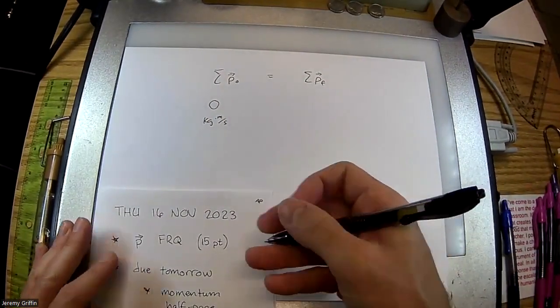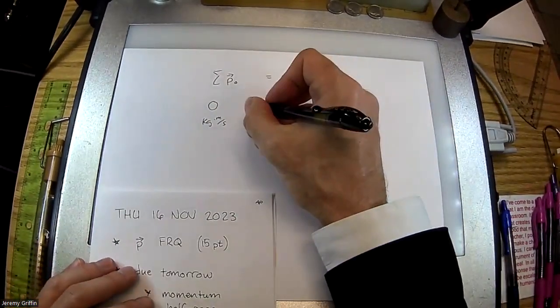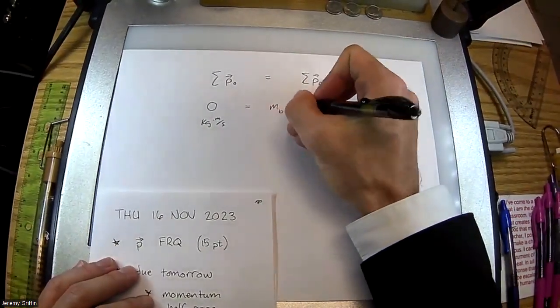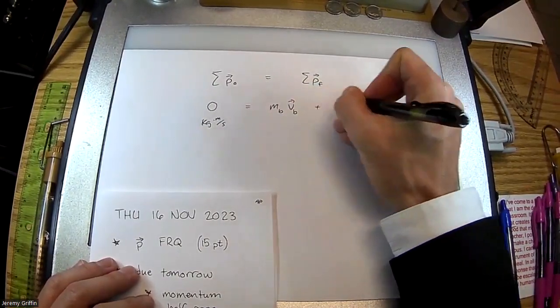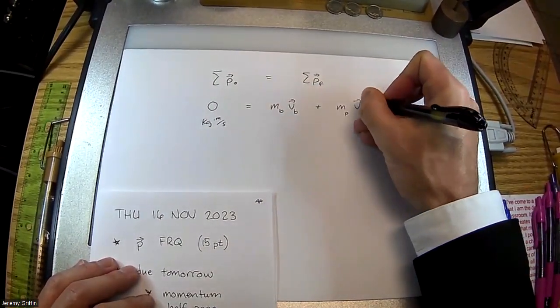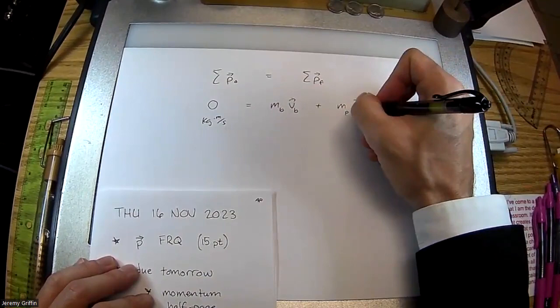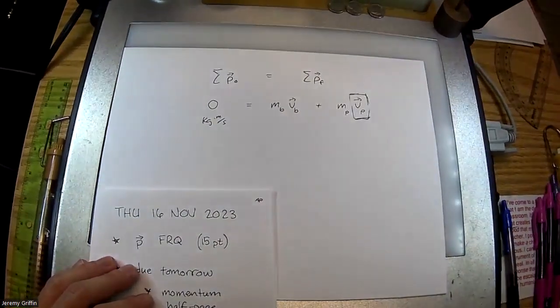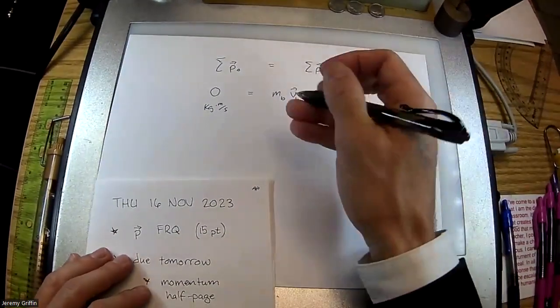Where does it come from? Well, you've got a positive and a negative. Remember, these are vector quantities. That's what makes this work too. So you have the mass of the ball times the velocity of the ball, plus the mass of the pitcher times the velocity of the pitcher. I gave you 3 of those 4 values, and the question was how fast she's sliding back towards second base. So you just plug stuff in. All right, let's go to that.